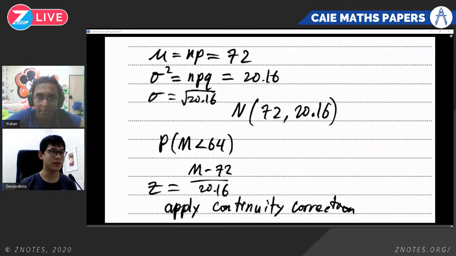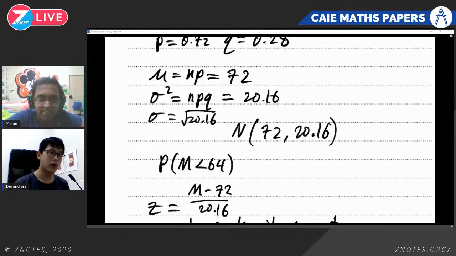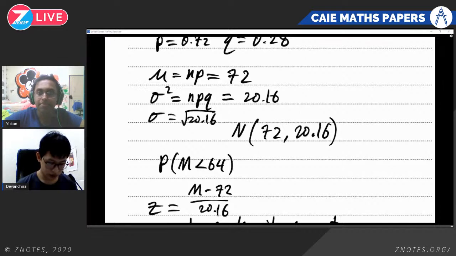So how can you find this? P(M < 64). You can approximate this using the normal distribution. You'd have to find your z value, your probability, and then take the values before. So don't forget that we have to